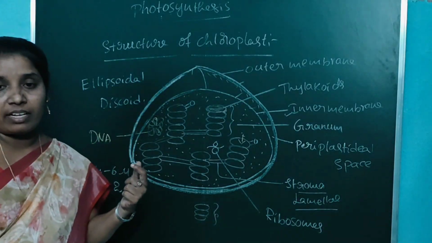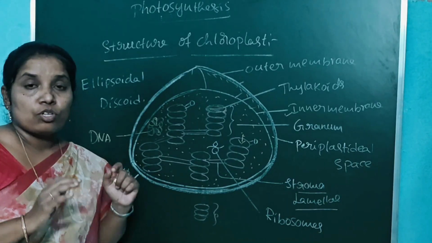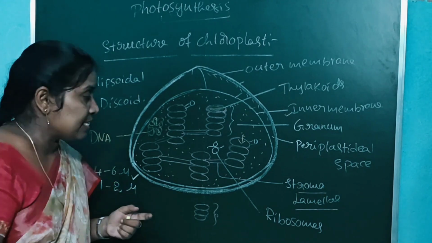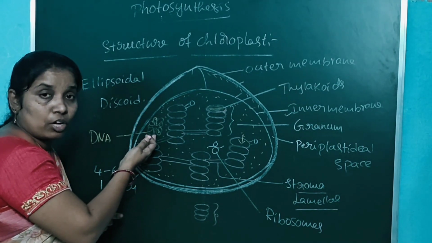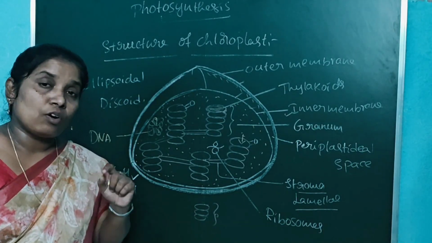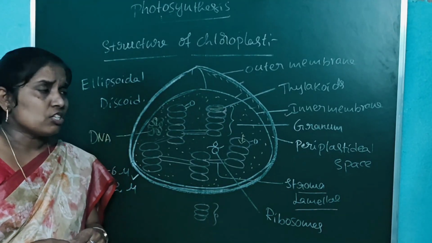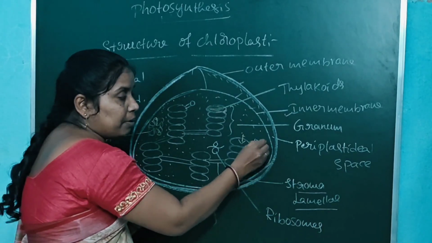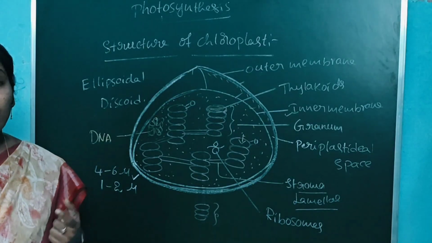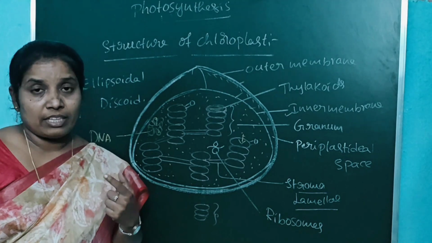The internal part of the chloroplast is the matrix, or stroma. That matrix consists of hydrophilic substances. It also contains a double helical structure of a single molecule of DNA and also ribosomes. That's why chloroplasts are called self-autonomous, self-duplicating organelles. The liquid medium of the chloroplast contains hyaline granular structures. It contains all the enzymes which are necessary for the dark reaction.